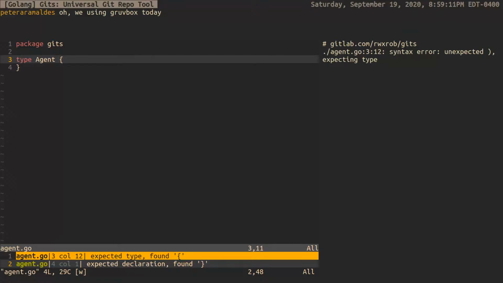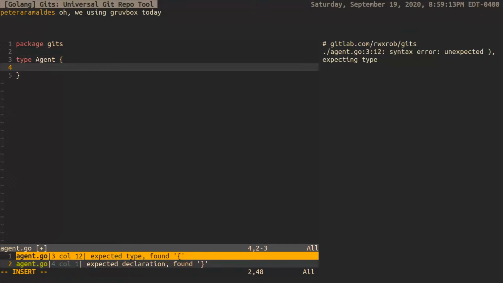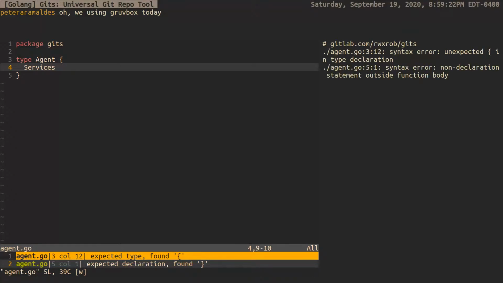So yeah, what have I got wrong here? Oh yeah. So here we can say this. We can say services, and that is a thing. So services is a collection of. And this is the problem I have now